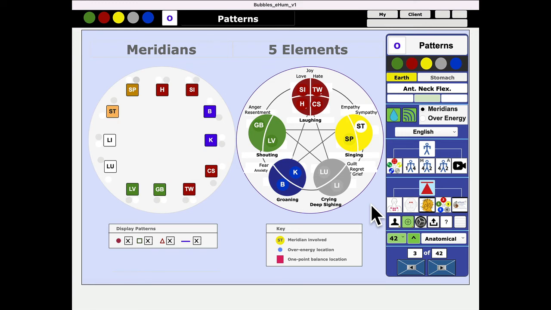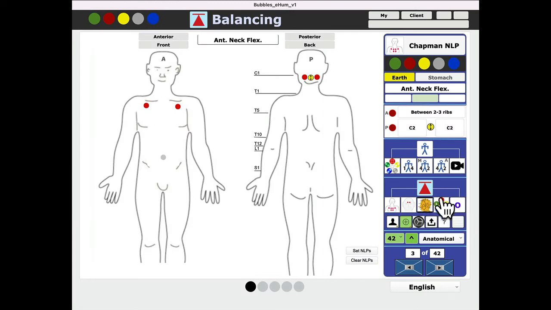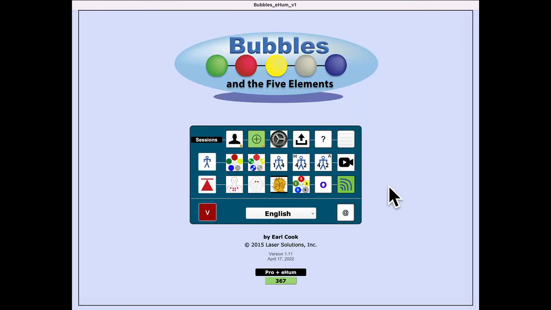Then here are the patterns. The patterns, the zero is the pattern. Just think of the two circles here, and those are the patterns. They're not really showing patterns now because we haven't entered any information in those. But once we start entering information in those, you will see the patterns emerge. So we've gone through this. This is the balancing technique icon, neurolymphatic points, neurovascular holding points, the meridians, the acupressure holding points, the patterns, and